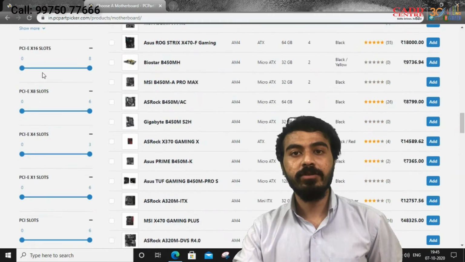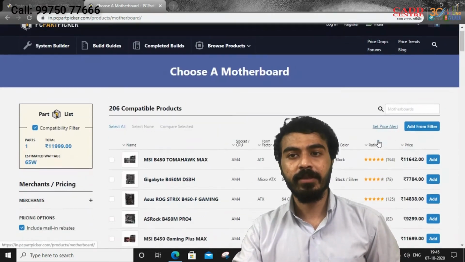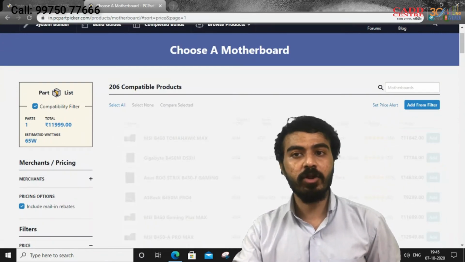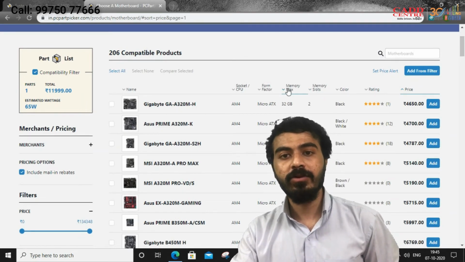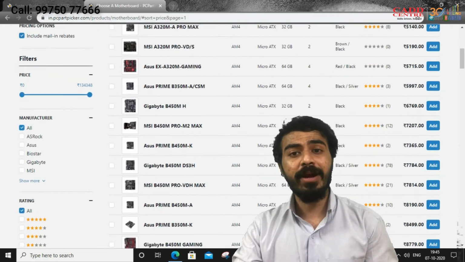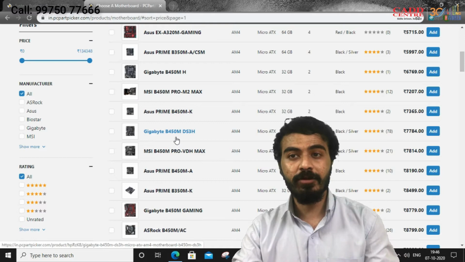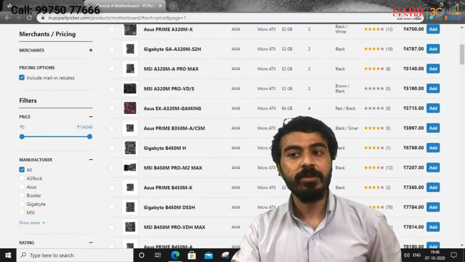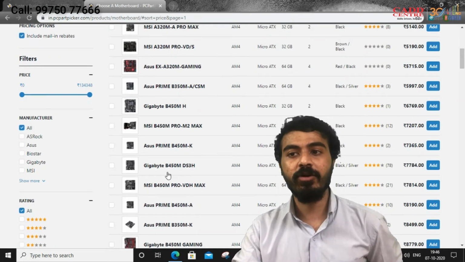So now I am just clicking on price. See, in the motherboard we need 4 slots and cache up to 64 GB. Correct. So, see, Gigabyte B450M gives you 4 memory slots with 64 GB capacity. So you can prefer this motherboard for your system.